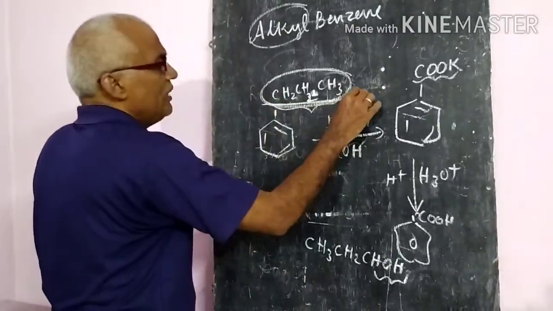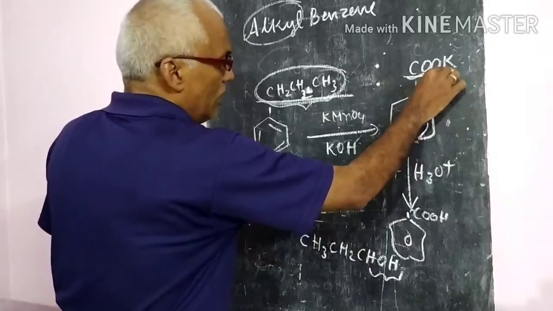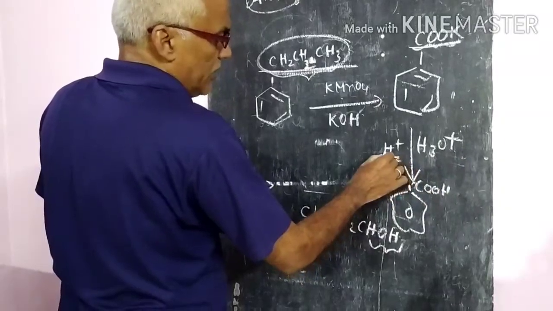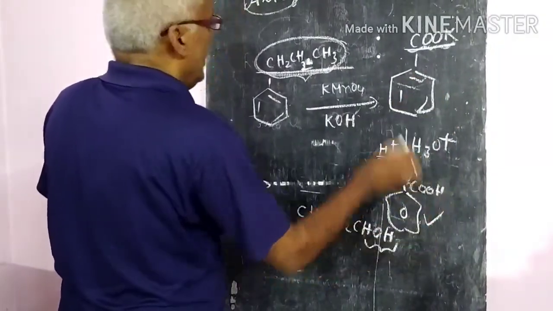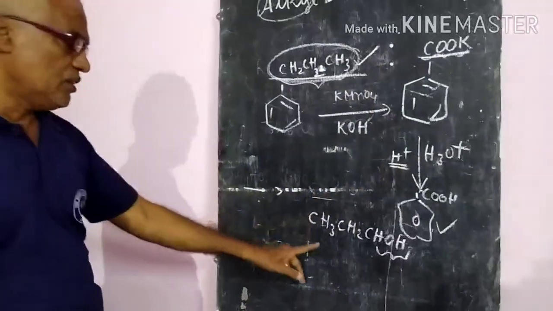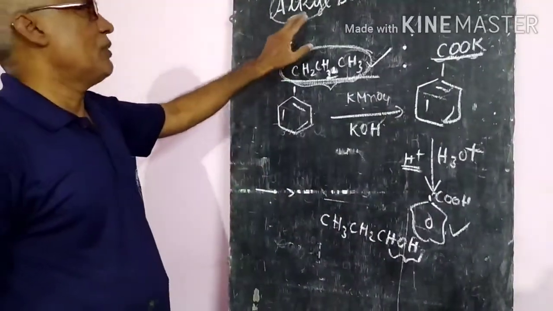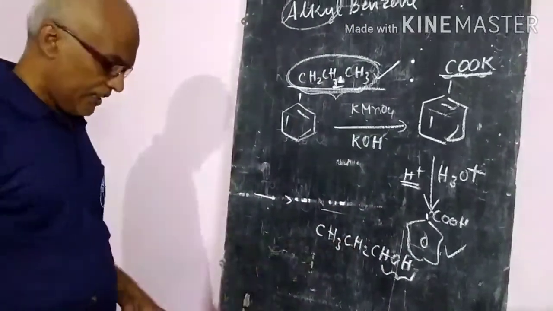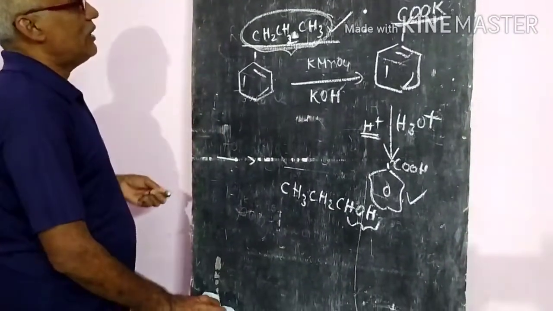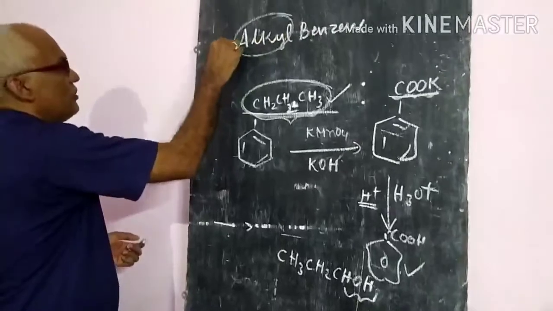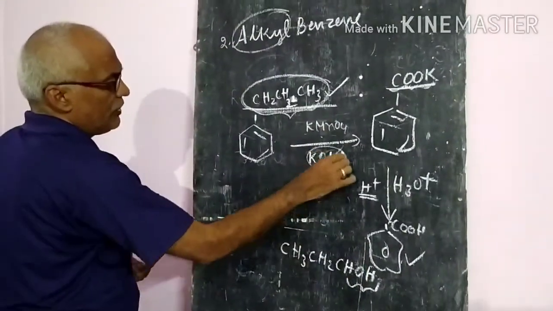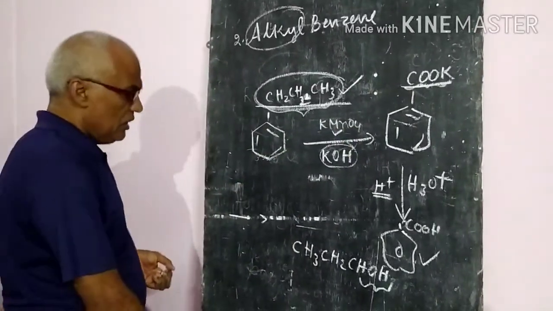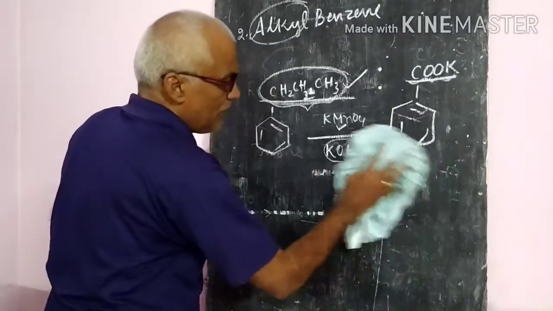Whatever the side chain is there, it is converted into an acid salt, and further hydration, or you can say acidified hydrolysis, that is H+ ions, converts it into the acid, and whatever the side chain is, it is converted into an alcohol. So by this method, from alkylbenzenes, we are getting the acid as well as an alcohol, a mixture. So this is also another second method. From alkylbenzenes, we convert into acids in the presence of an alkaline medium with an oxidizing agent. That is more important. So remember and practice this one.